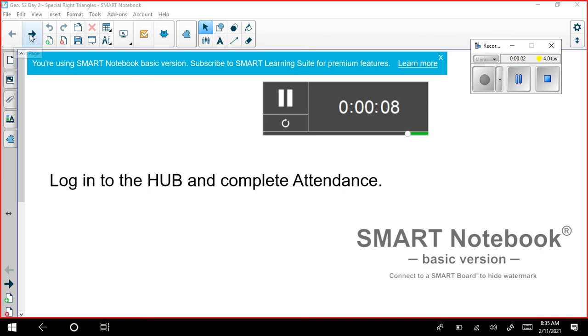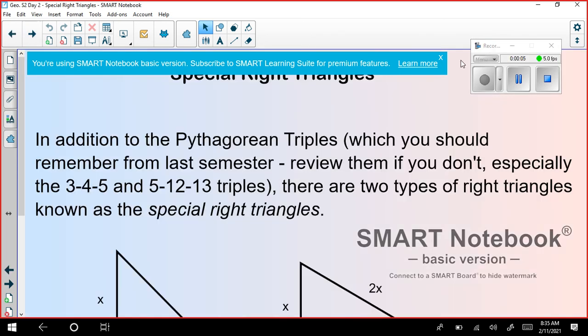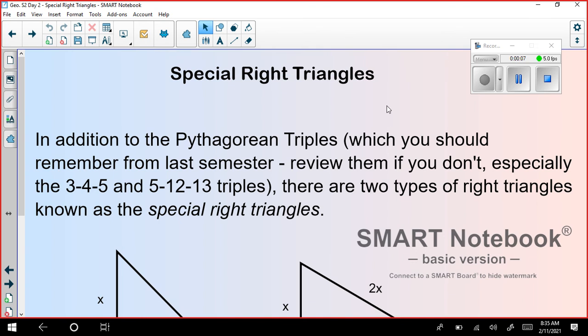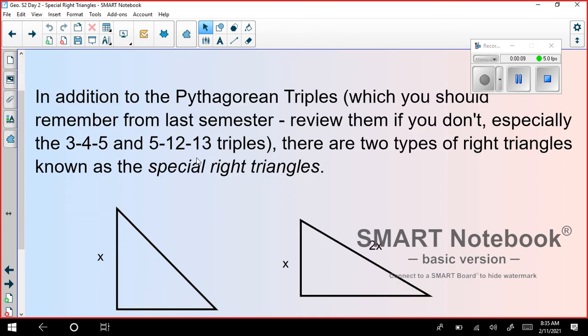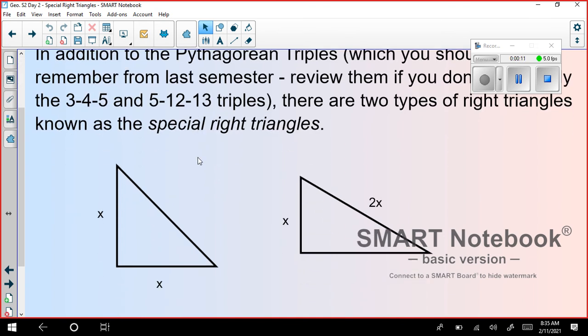We discussed a couple of special right triangles in the previous class. They were 30, 60, 90 and 45, 45, 90. 45, 45, 90 triangles are the triangles which are of the form